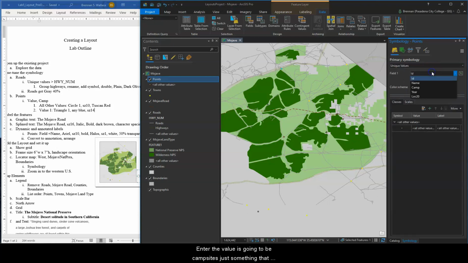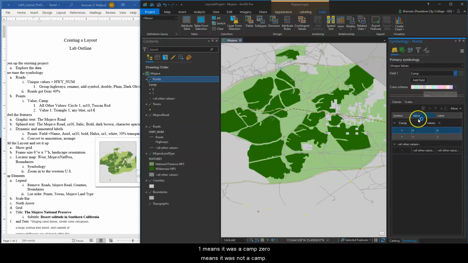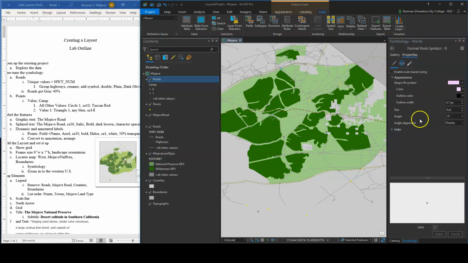And then the value is going to be camp. That's just something that I made. It tells you if it's a camp or not. It's a binary system. 1 means it was a camp. 0 means it was not a camp. So the zeros and all others. Let's see if we can do this. Group those. No, we can't group them. Well, it's okay. The all others get a